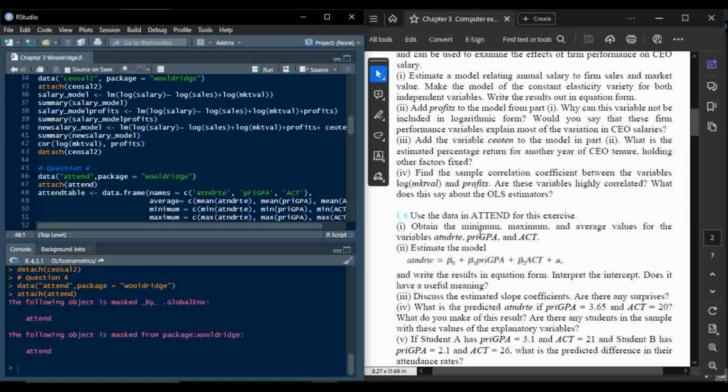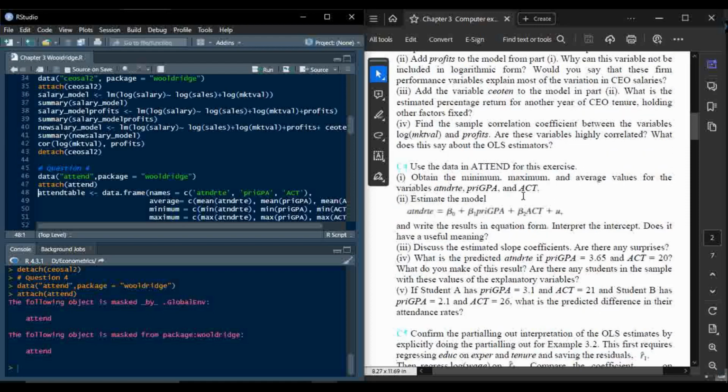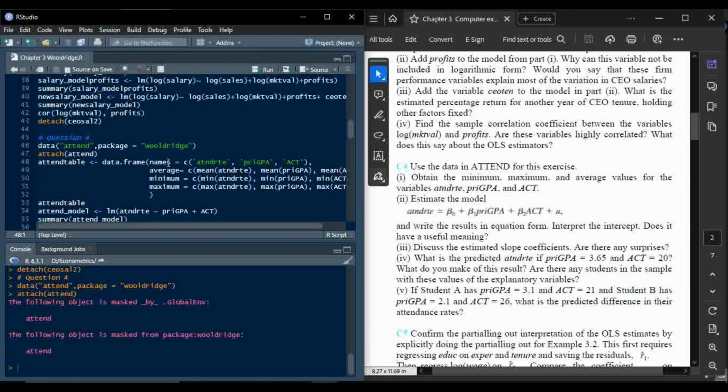What is the first part of this question? It says obtain the minimum, maximum, and average values for the variables attendance rate, prior GPA, and ACT score. So let's create a new data frame by the name of attend_table, and then use this assignment operator, and then type data.frame. In the bracket, we will create a column by the name of names, and then create a vector, and the variable names are attendance rate, prior GPA, and ACT score,